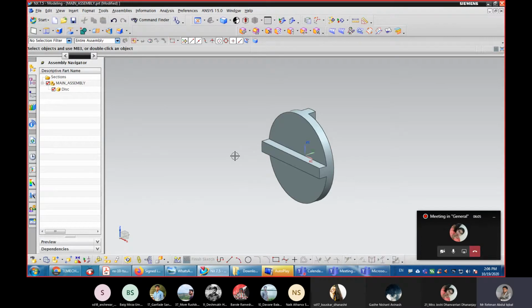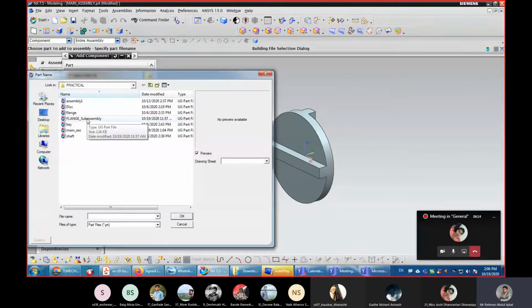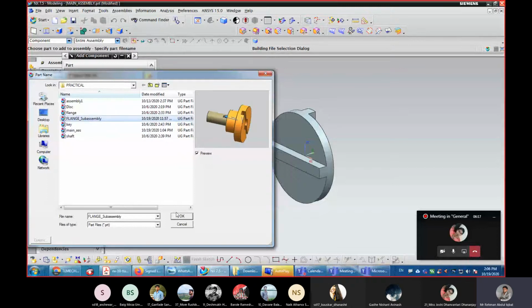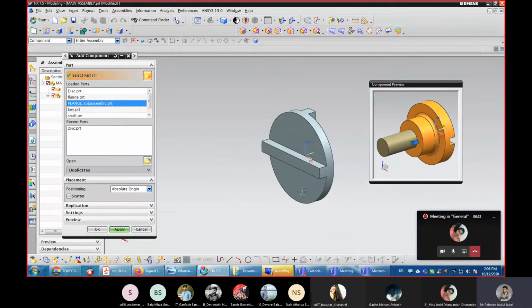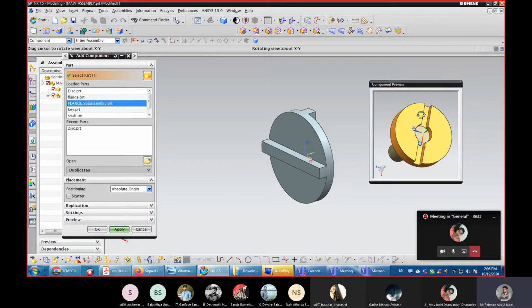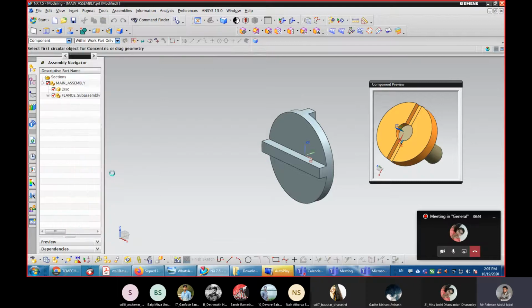So in our main assembly, this is the first component. Next, we will add the first sub assembly. Go to add component, add flange sub assembly. Click OK. Here, this should be inserted into this slot. For that, you can give the constraints. Positioning will be by constraints. Click OK.